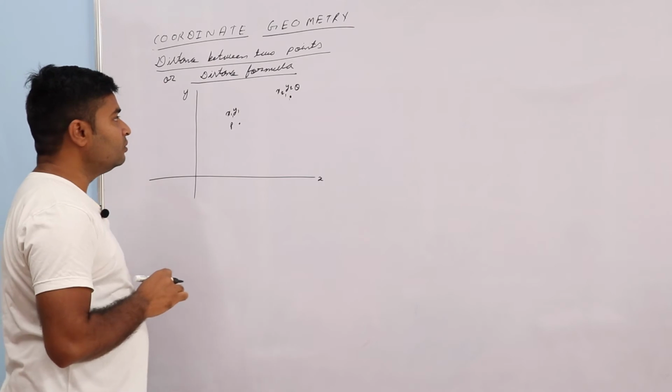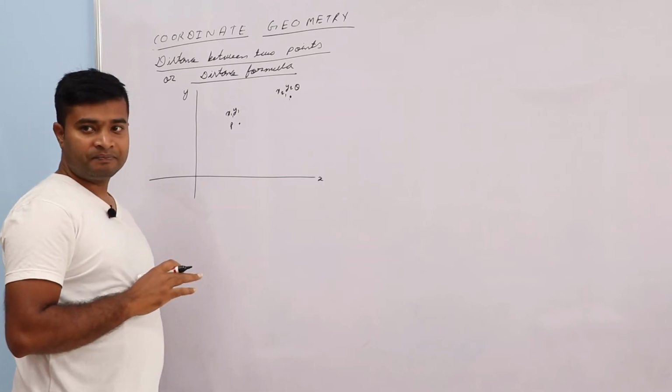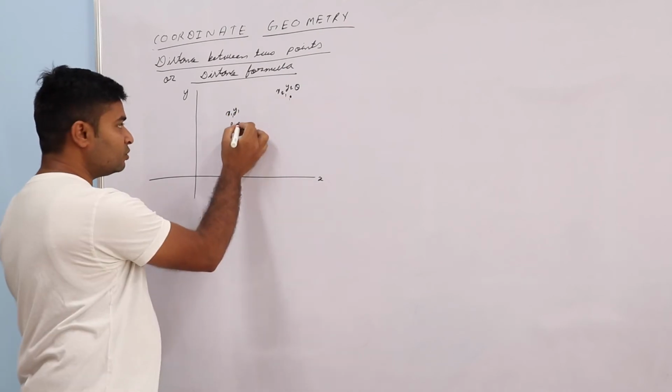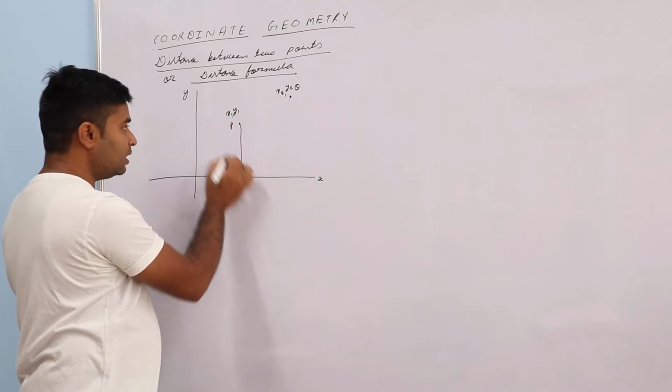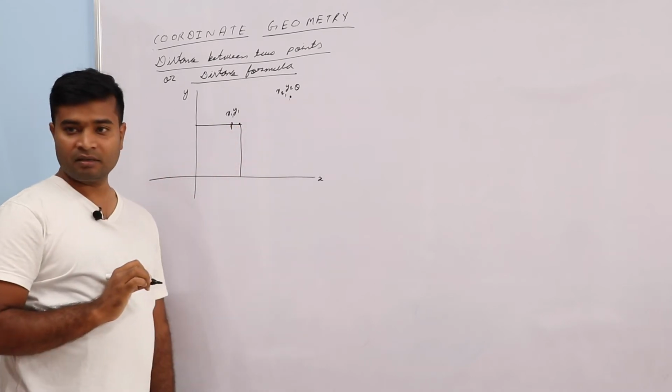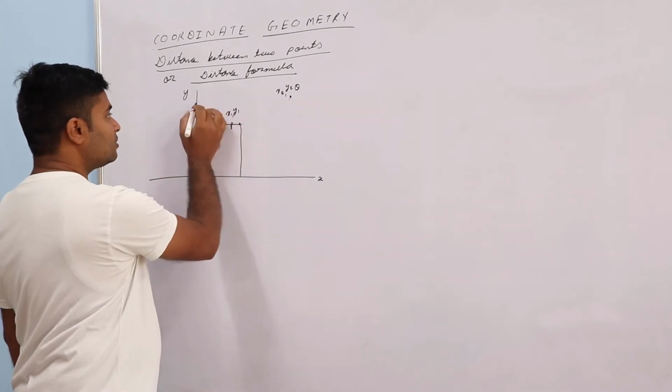Acha. Now, how I told to take the coordinate? Means join through x axis, join through y axis. So join here and join here. Getting? Yes, sir. Get a different color marker. This one also.